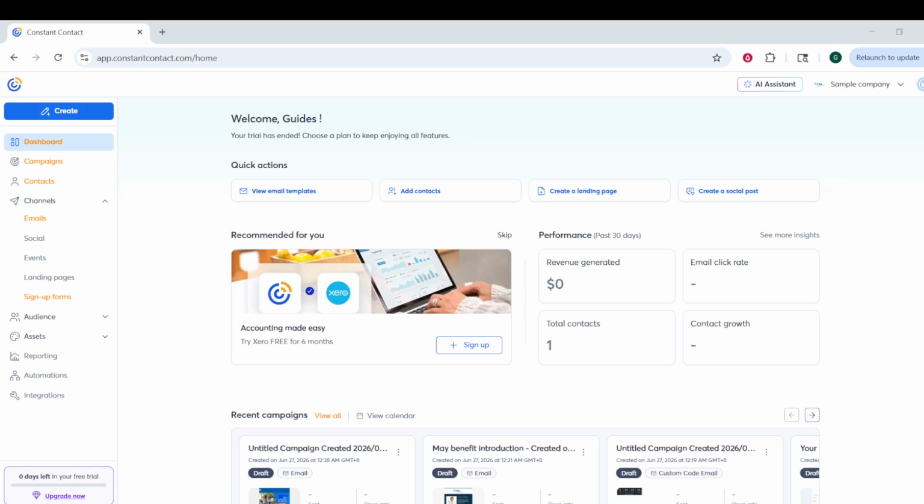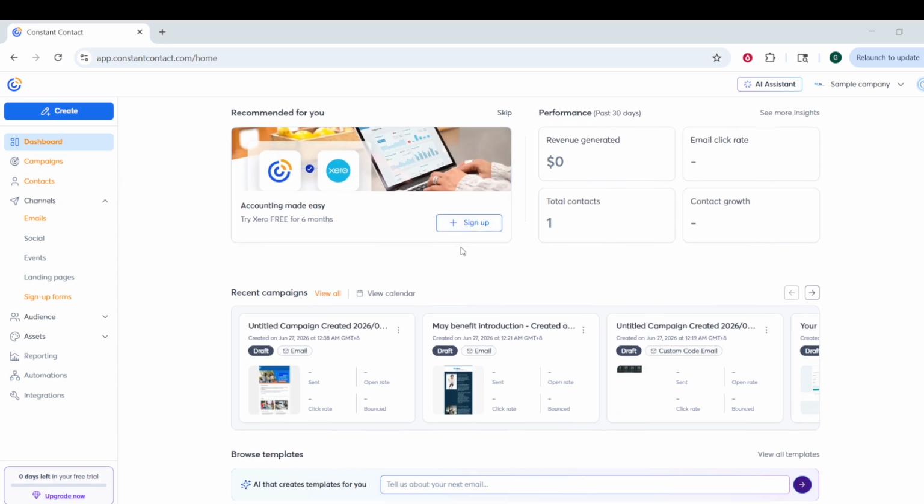In today's video, I am going to teach you how to integrate Constant Contact in HTML. We will walk through the process of creating an inline sign-up form inside Constant Contact, publishing it, copying the code that Constant Contact provides, and placing that code into your HTML file. This is useful when you want visitors on your website to join your email list directly from a page without sending them somewhere else. Keep your website files open and ready, and make sure you can access your Constant Contact